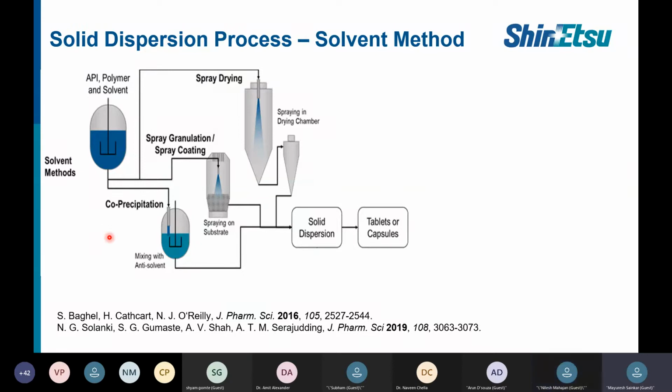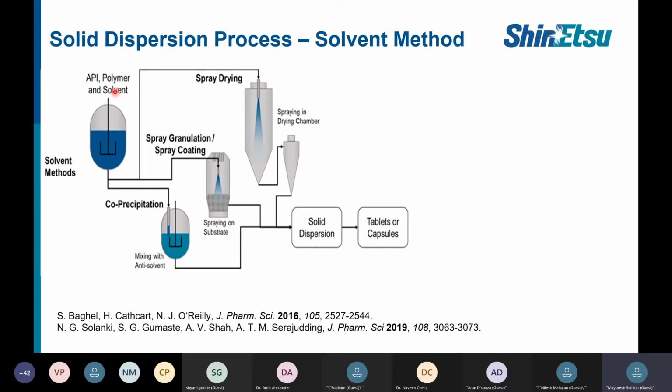So this is the basic concept which my colleague Arun has already explained, that these are various solvent methods. It is the same presentation slide that he presented. Simply what we are doing in the solvent methods is dissolving our API, which is mostly from BCS class 2 or BCS class 4, whose solubility needs to be improved. So we are taking that API and the carrier molecule, that is the polymer used for solubility enhancement, and dissolving them into a common solvent. That's the common and preliminary step in all the solvent methods.